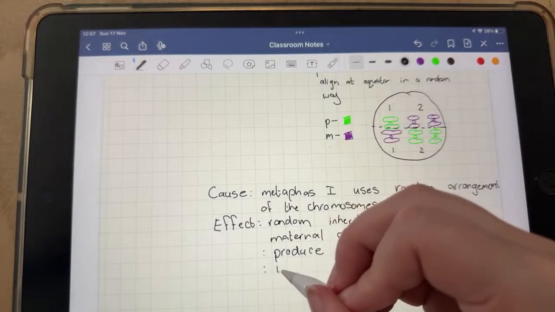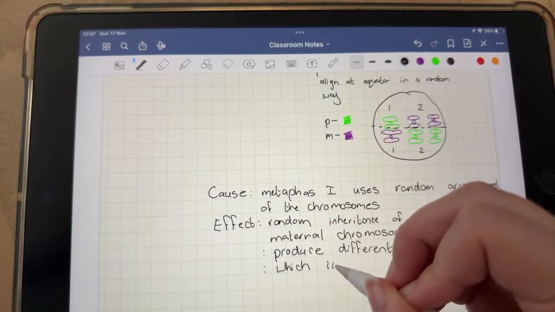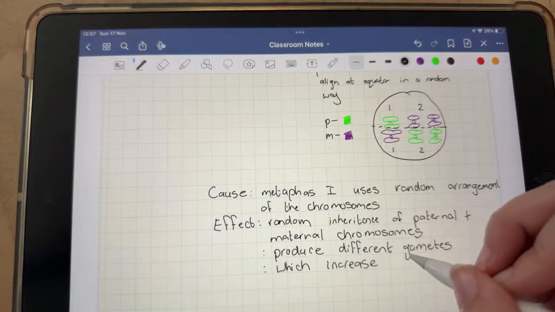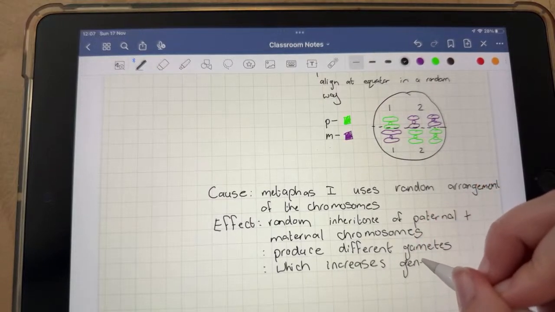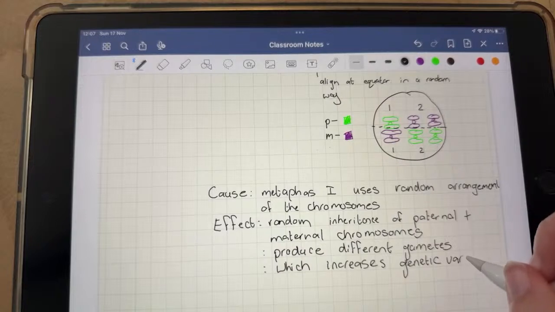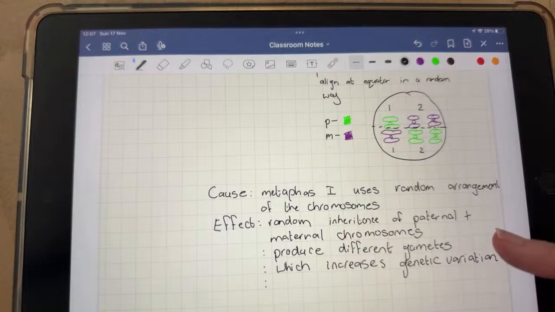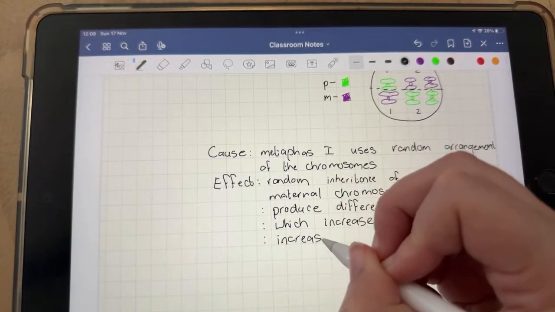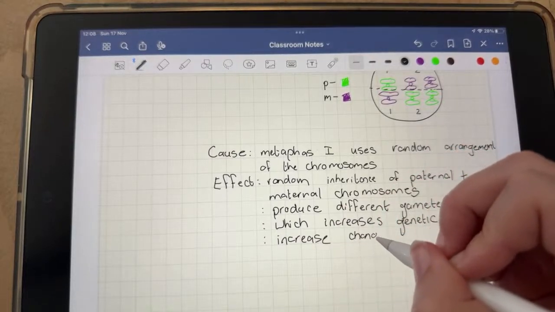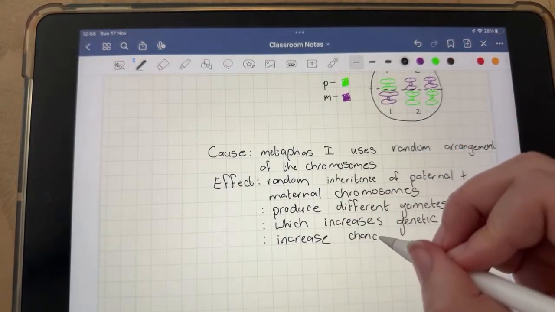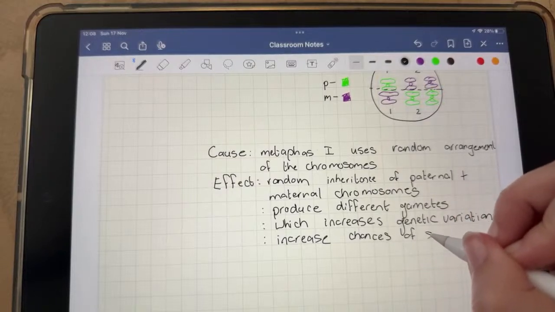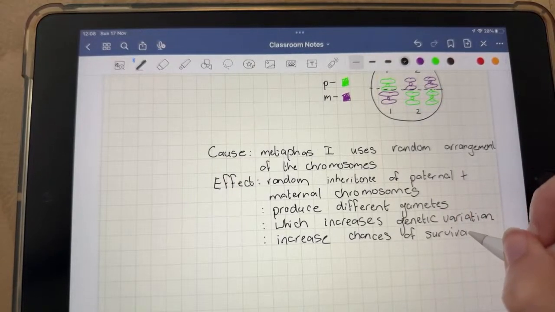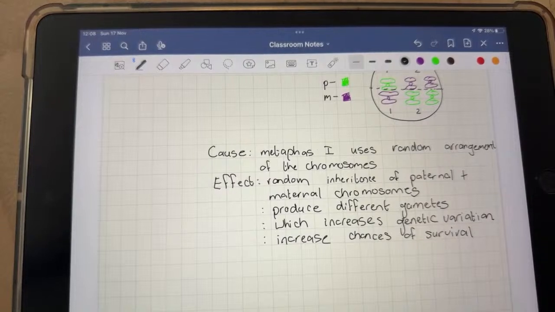Next point, which increases genetic variation. Next point, when you increase genetic variation, you increase the, I'm going too fast, the chances of survival. Okay, I'm going to pause there in case I'm losing anybody, and I'm just going to explain from the